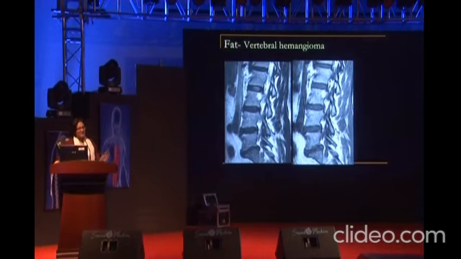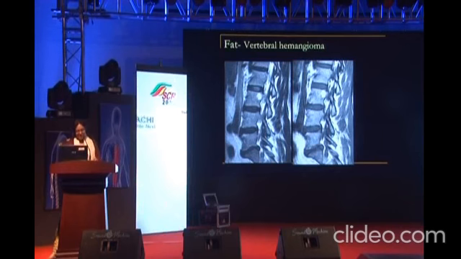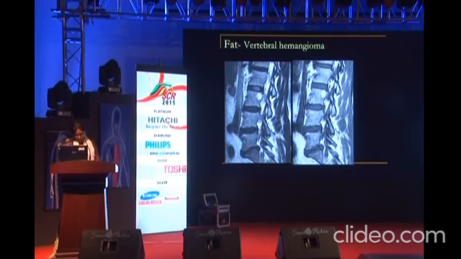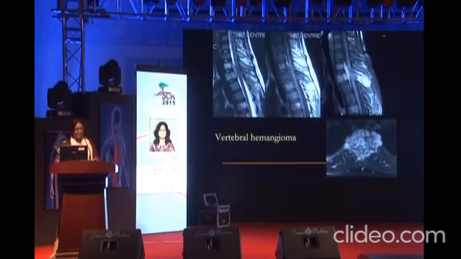This is something we see day in and day out. We start with fat. So when you have a well-defined rounded lesion, they can be multiple, which could be focal fatty marrow, or you can have a hemangioma, which can have a little bit of striated, usually just incidental findings. You just mention them in the body of the report and leave it at that. A CT, if it is done, will show you the classic polka dot appearance or the corduroy appearance based on which image you are scanning.